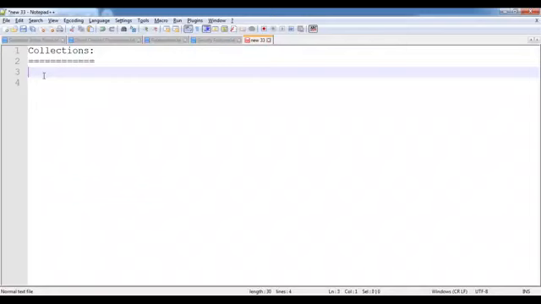Let me explain one simple general scenario. Assume that today my mother asked me to go to the supermarket and bring some vegetables, some fruits, and some grocery items. She has given some list of